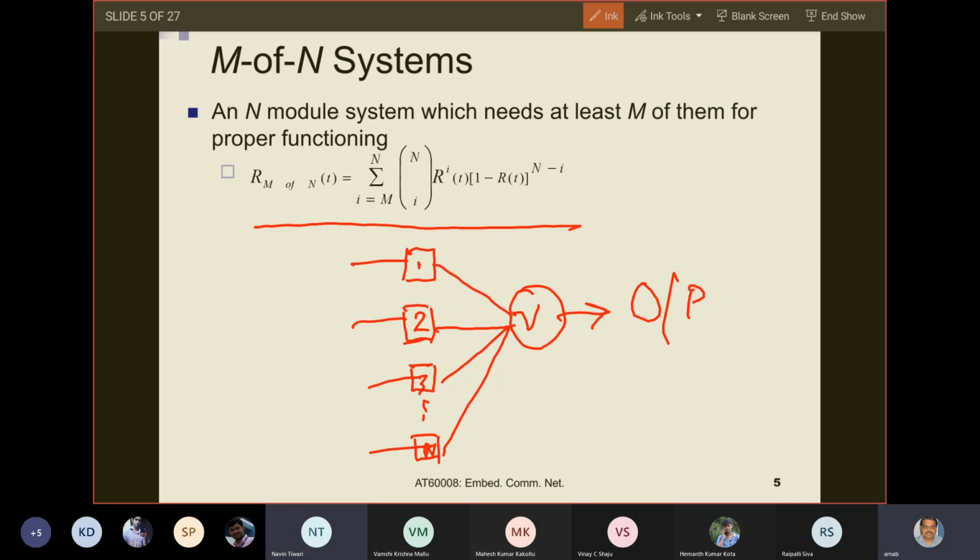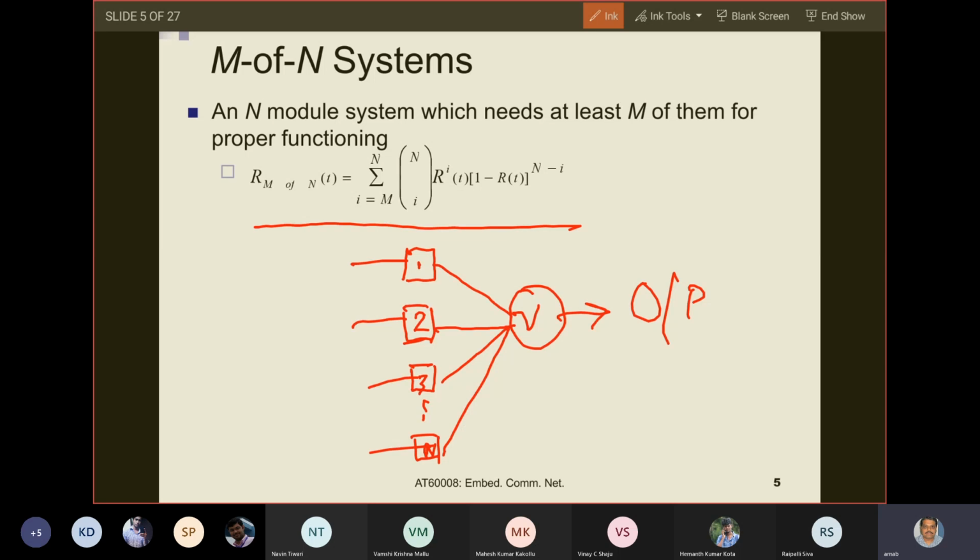What is r to the power nt? R to the power nt is when all of them are working correctly. It is the probability that all the n components are working correctly. This is it. Now, then what is the probability